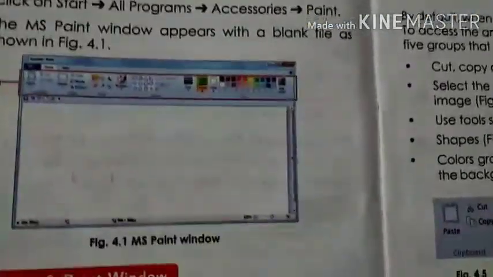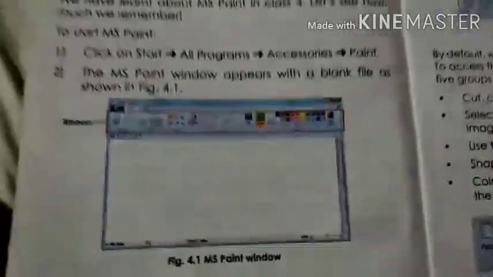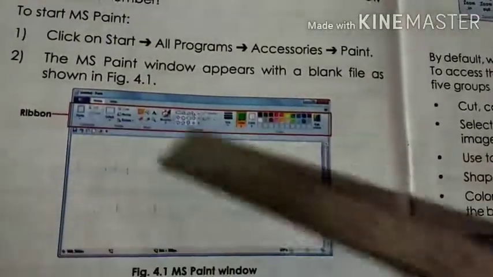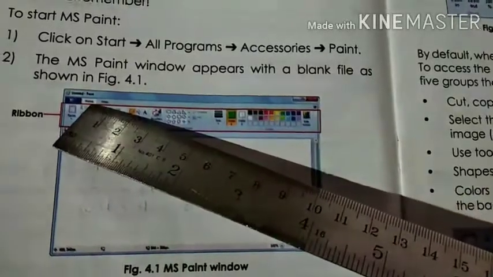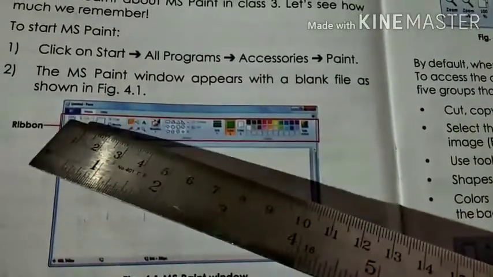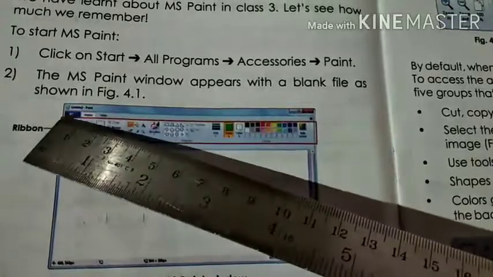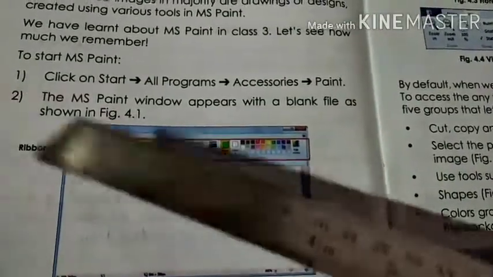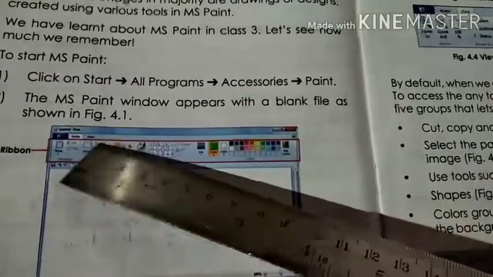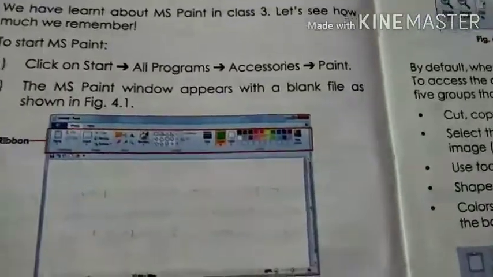Here you can see in figure 4.1. When you open MS Paint directly, you can see which tab is open: the home tab. If you want to use the file tab, you need to click here on the file tab with the help of the mouse. Next, if you want to open the view tab, you need to click on the view tab with the help of the mouse.